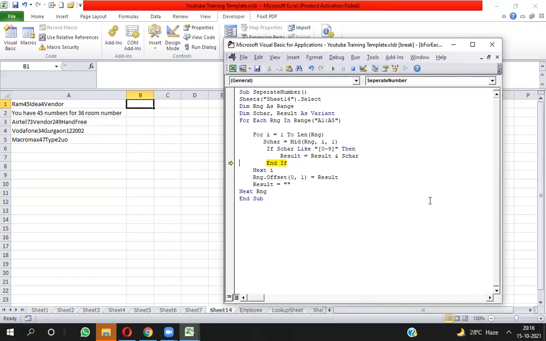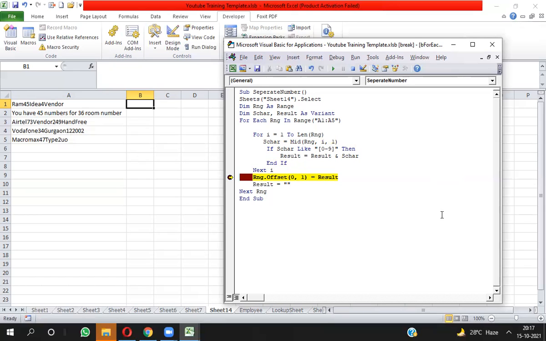Then the fifth character is also a number, it will store into result. Now you can see here 4, 5. Next, I will read all the characters of this word. Now all the characters are read, and whatever numbers are available are concatenated in result.